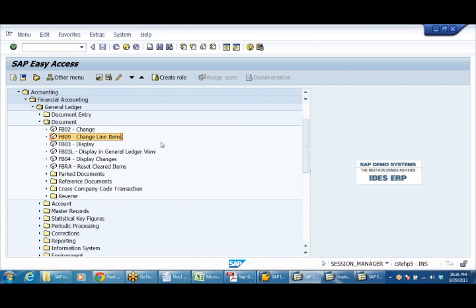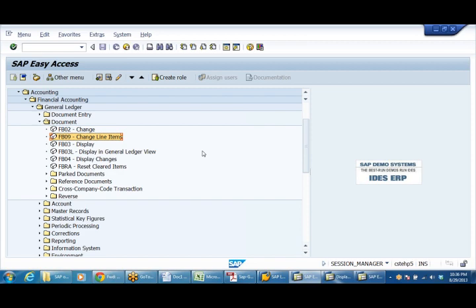Parking of a document. Now there is one more concept called document holding. That means temporarily we can hold a document. Parking is the facility the system has provided to park a document for the purpose of authorization, because one person has to prepare the document, and another person will be given authorization to post it.